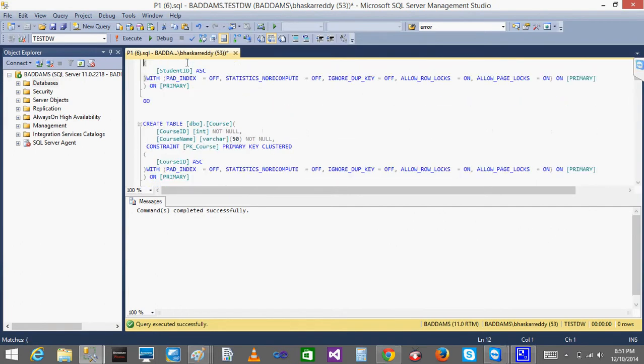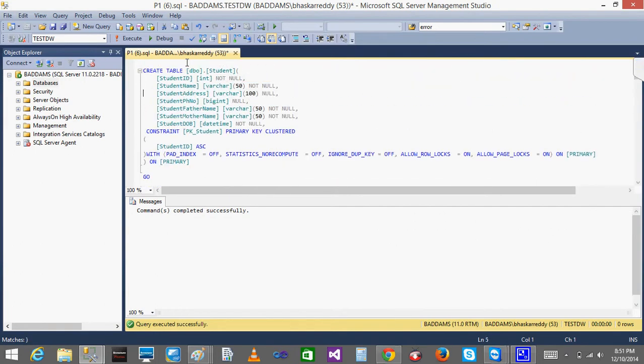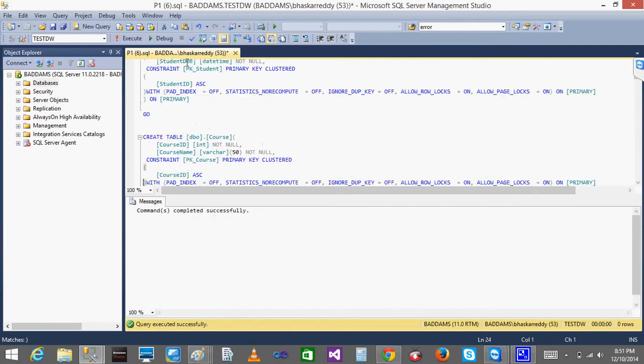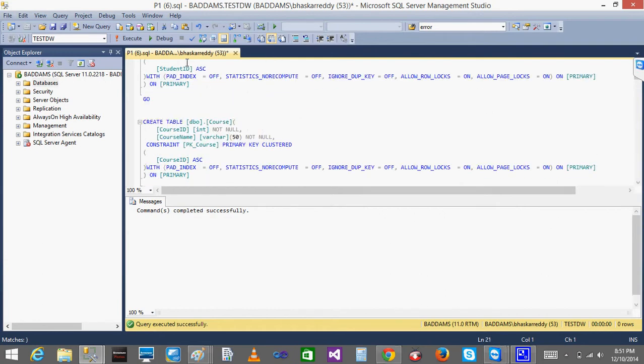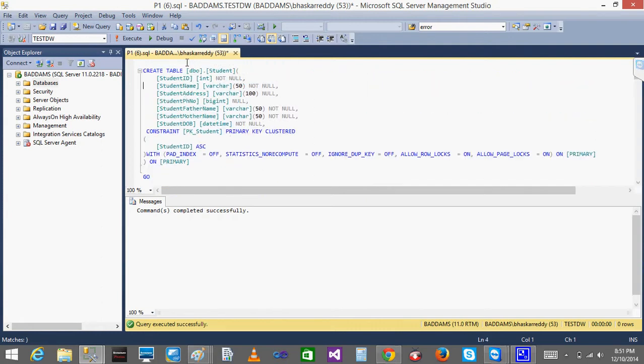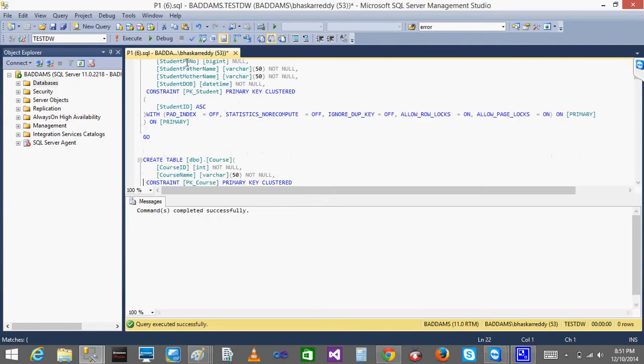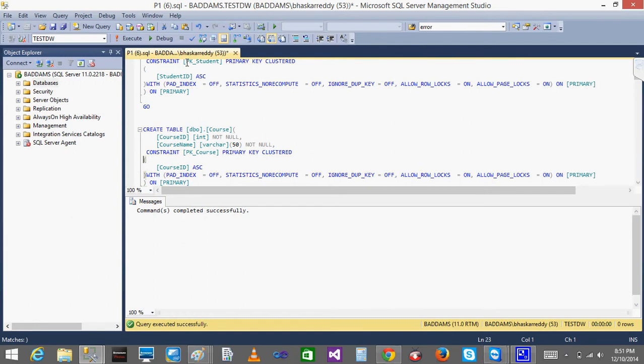Here, the student table will have the list of students and the details for each and every student. The course table will have the list of the courses that my school offers. It's a kind of university tables. Okay, a university has students, so for showing the student details, it has a table called student. Next, a university will have some courses, right? For showing the course details, I will have a course table.